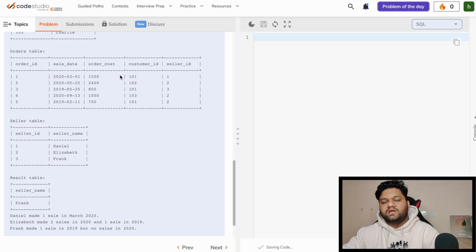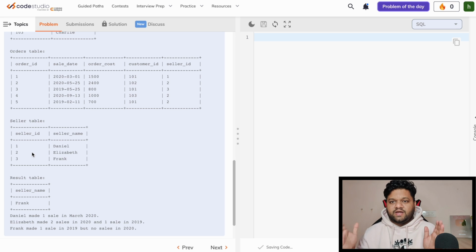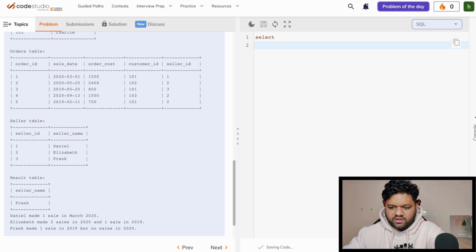We will do the left join, and after doing the left join, whatever seller IDs are not able to join with the right hand side table, that means those were the sellers who didn't even get any order in year 2020. So let's try to do that. First I will write select, I will keep other things blank, and in the left hand side I want to keep my seller table. So seller,